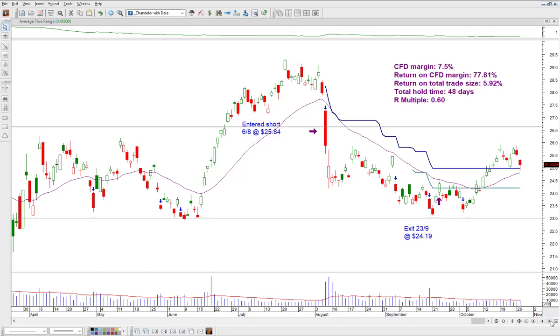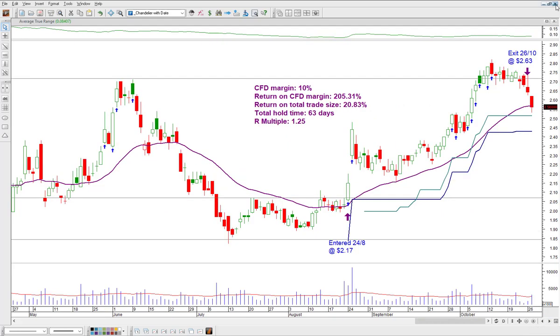So that's how I look at my returns on each trade. Now the next trade that I shared with you was Bingo. Entered into this on the 24th of August when it came up in my daily long scan, met my trading plan rules, no brainer, enter into it, moves up very strongly, has a bit of a pullback, which is to be expected when it has such a strong move,